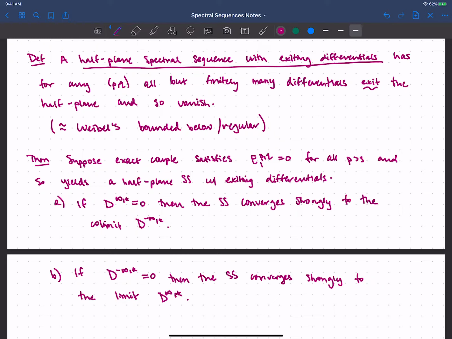Oh, sorry. And I also should have said we would like that to be true. It's certainly true if we're looking at some finite thing, then we don't even really have to worry about the limit. But in our cohomology case, we're not going to have E1^{p,q} is 0 necessarily for all p greater than s. That seems quite unlikely if we have an infinite filtration. So,